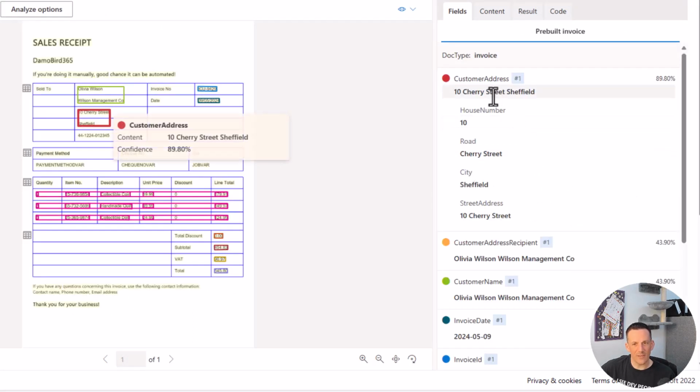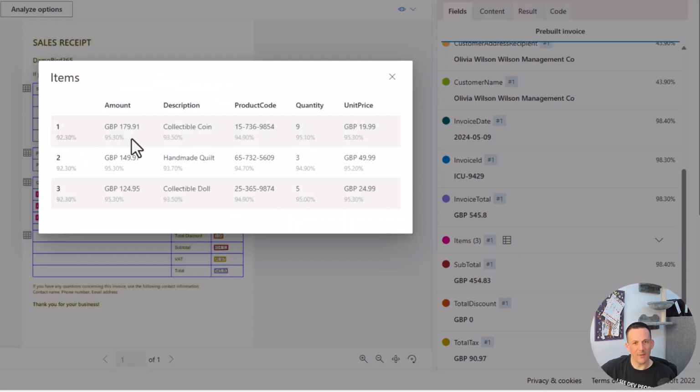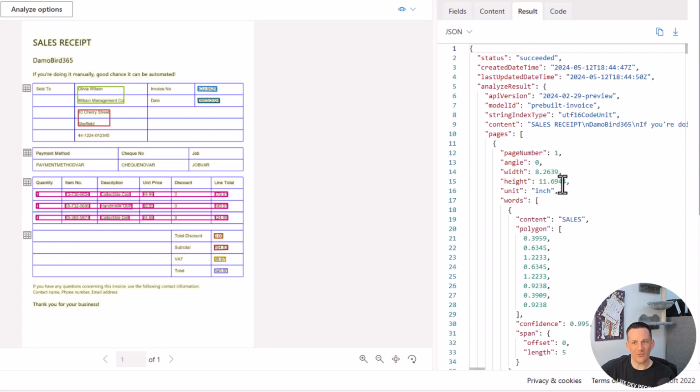And again, we can see those various entities that have been selected from this invoice, including a table of data that contains all of those amounts, the description, product code, etc. You can also see the percentages here which relate to the confidence level of the OCR extraction. If I jump over onto the Result tab, we can see the underlying data, and this is returned to us